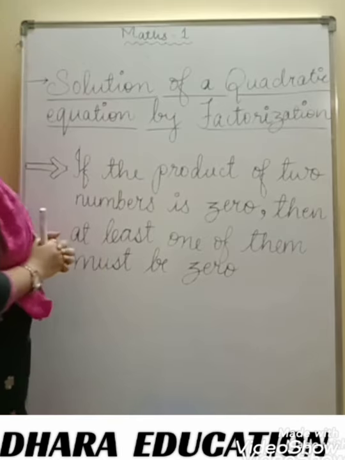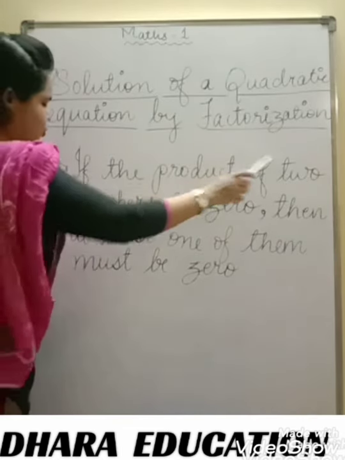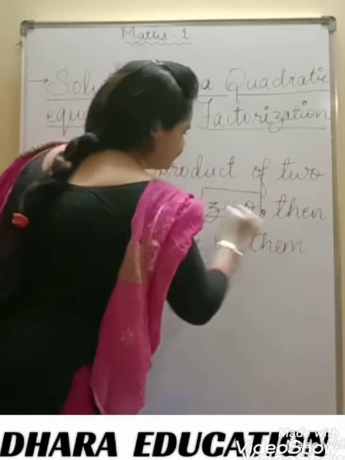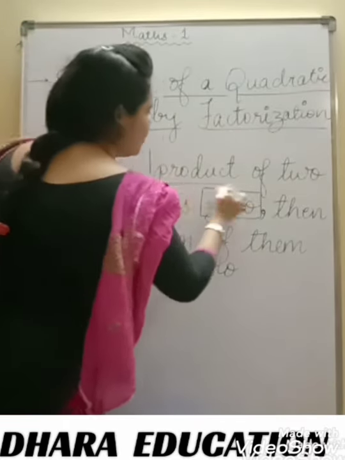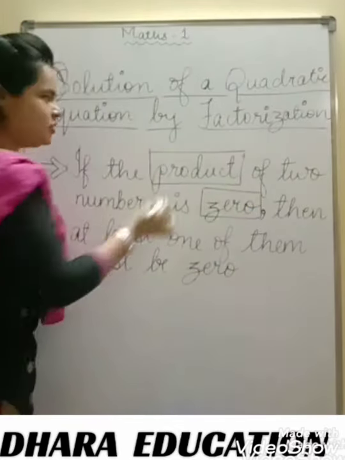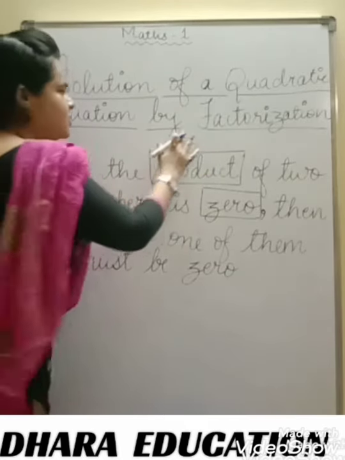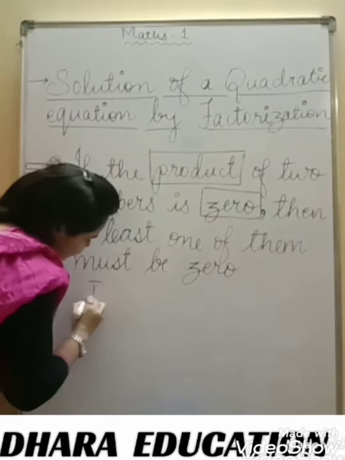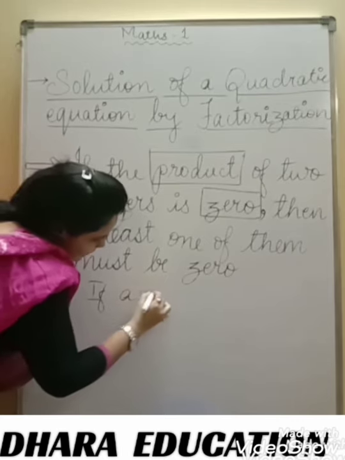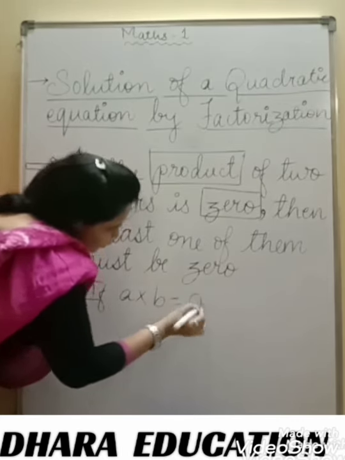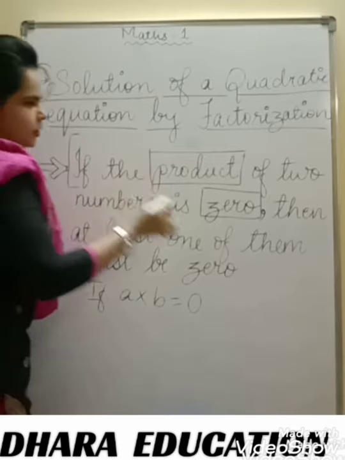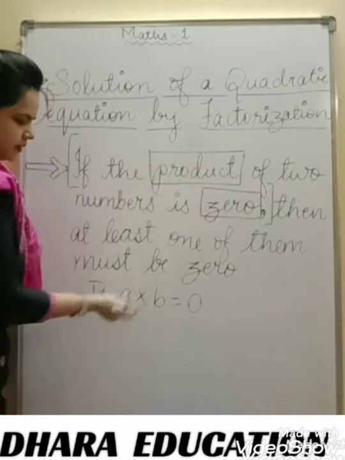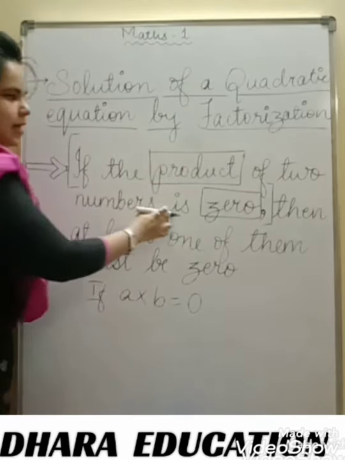I will repeat again: if the product of two numbers is 0. I just want to highlight this thing. Product means multiplication. Let's take an example. If A multiplied by B is equal to 0. If the product of two numbers, say A and B, is 0,